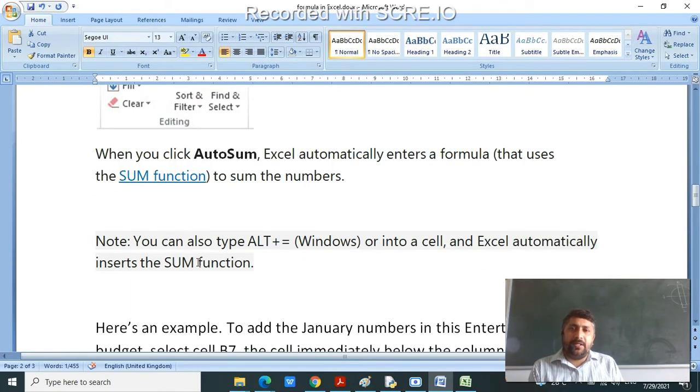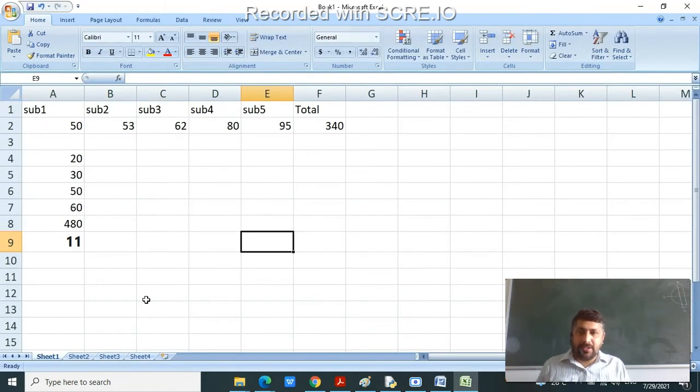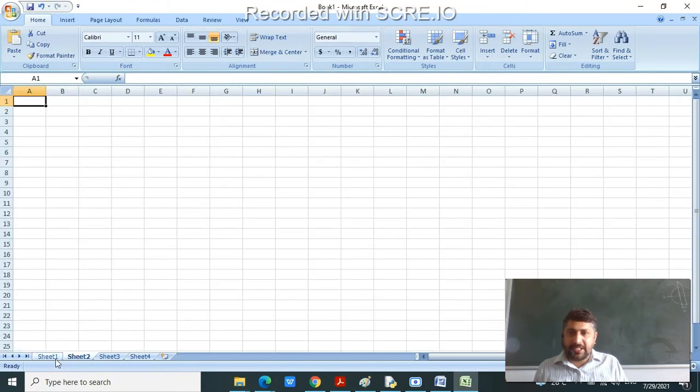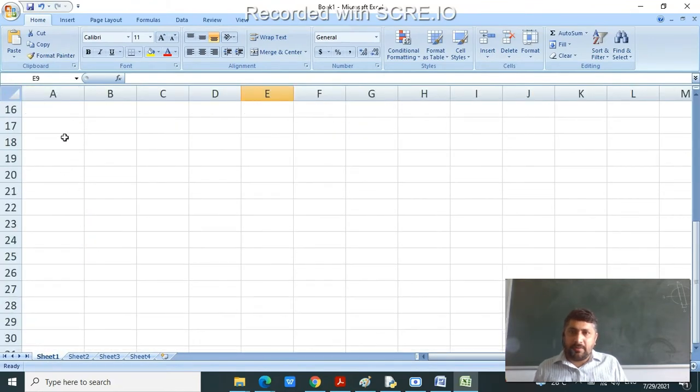Next, you can also type Alt plus the equal sign to automatically add numbers. Suppose we now go to the next sheet, where we have some numbers. Okay, we want to add these numbers, so we will just press